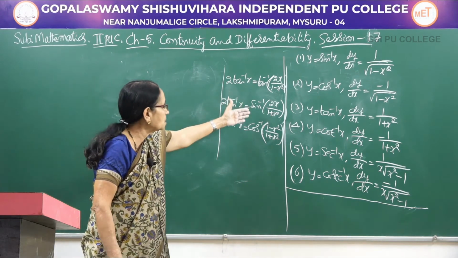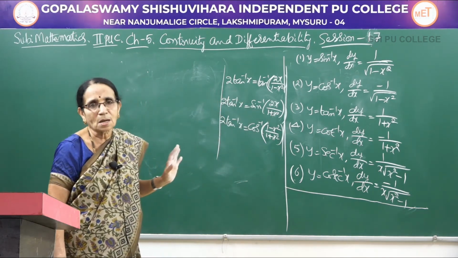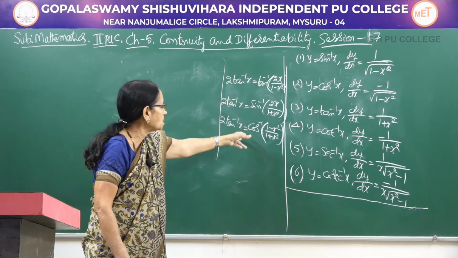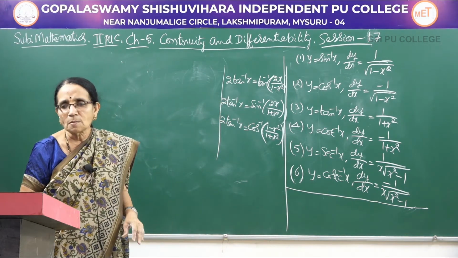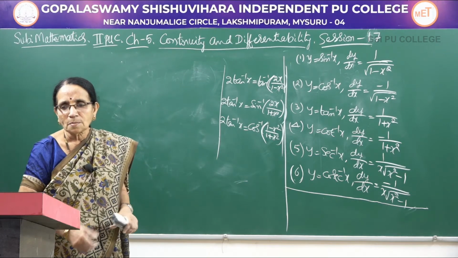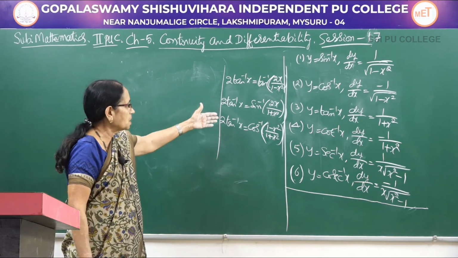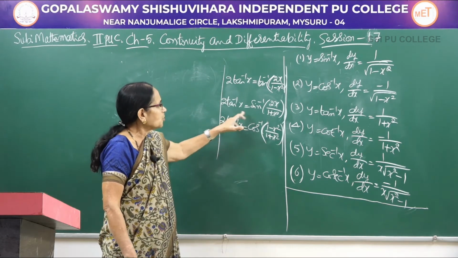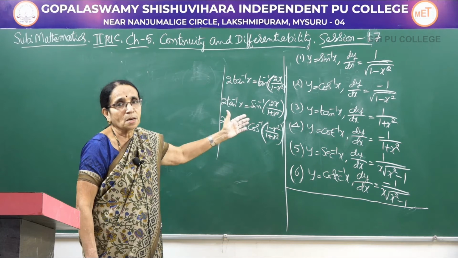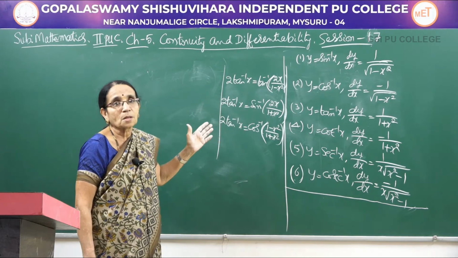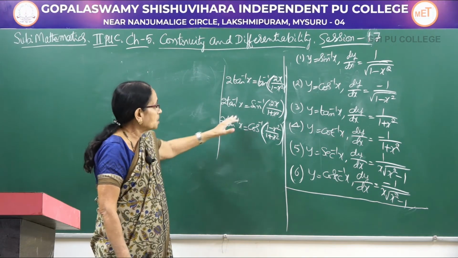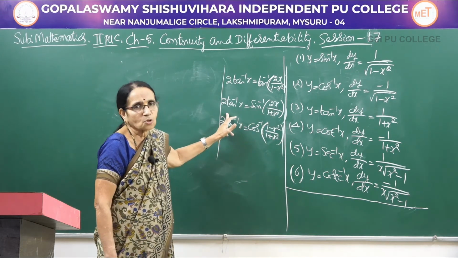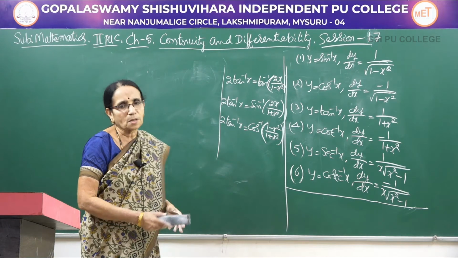So whether this is given, this, or this, the answer would be same, the derivative would be same, because all of them are equal. These two are equal, these two are equal, and these two are equal. Now same thing what I told just now. Suppose I had given this one. Of course, sometimes they give the domain here. What are the values that is suitable for x. Now similarly, if sin inverse of 2x by 1 plus x square is given, you can write it as 2 tan inverse x. Same thing for this also.